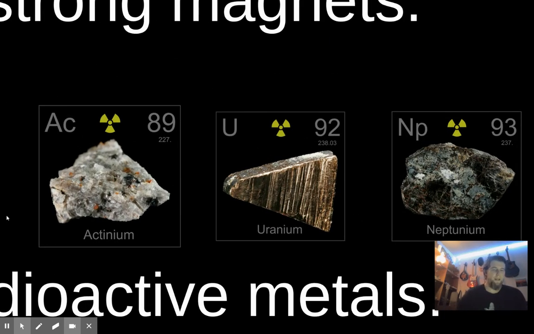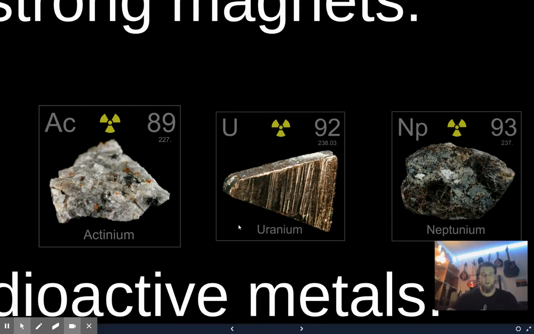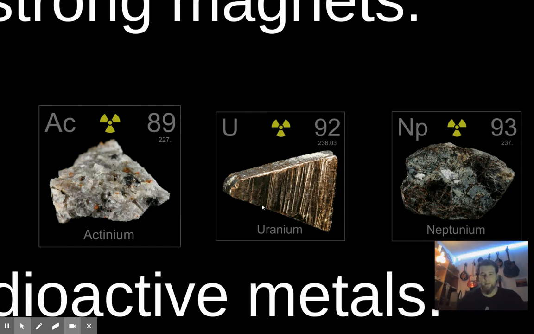So there's some of them. So there's actinium, there's uranium. This was such a key element in terms of developing the atomic bomb, which is an interesting story. But also, if you crush it up and you put it with some of its other oxides, you get this really pretty orange color. And people used to use this to coat plates, like dinner plates. So if you ever heard of Fiesta ware, they used uranium. And to this day, if you were to find some Fiesta ware and get a little Geiger counter or radioactivity detector, it would start to go off when you went around these plates, and people were just eating off of them like it was nothing. But that was before we really knew more about it.